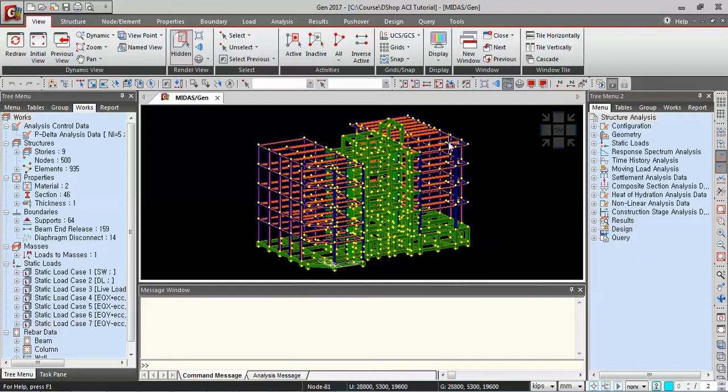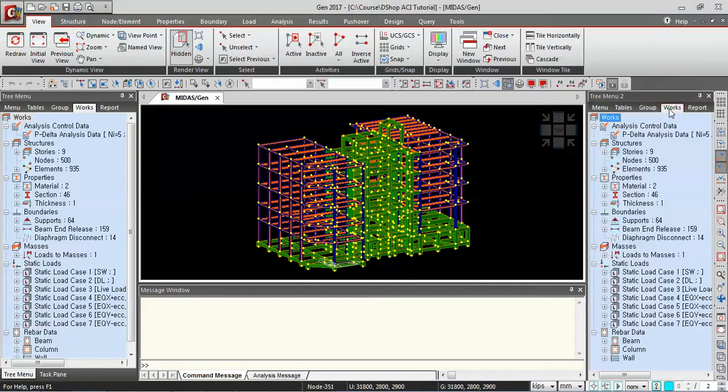Now, ito naman po ang model na ating ipe-present ngayon. This is a 9-story building with a rigid diaphragm. Structural system po is on the X direction. Meron po tayong special moment resisting frames with steel and concrete members. And on the Y direction naman po, meron tayong dual system with concrete special moment resisting frames. And so on. So, as we can see in our works tree, makita po natin dito ang ating